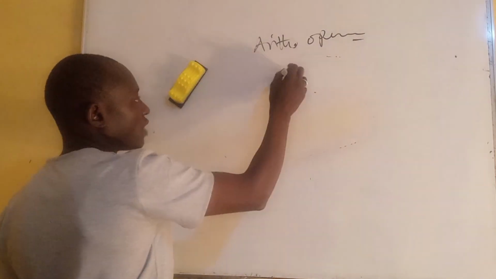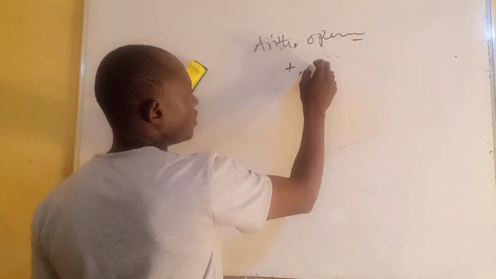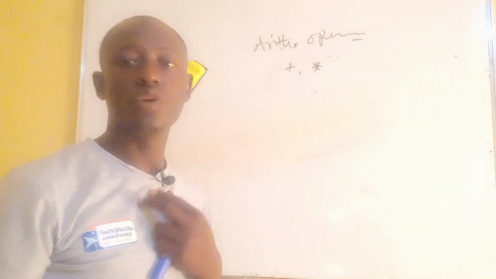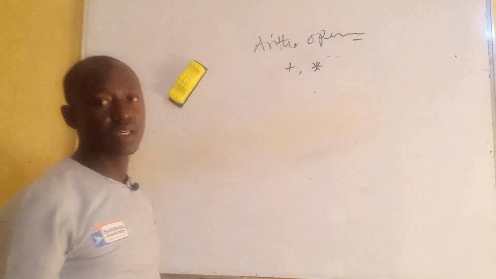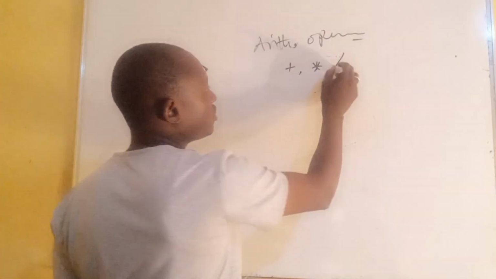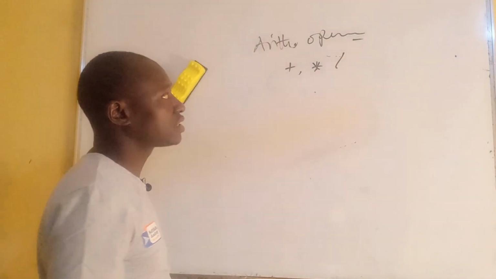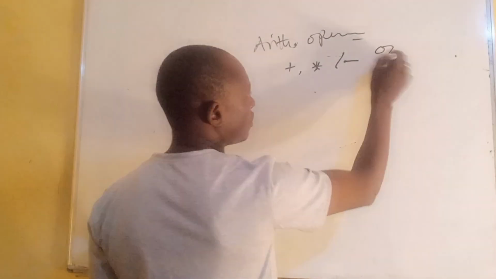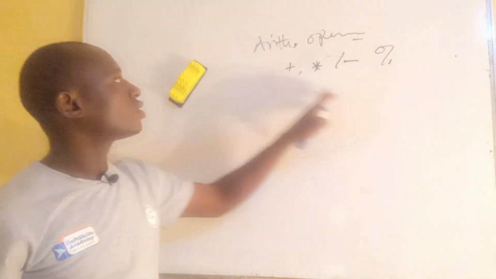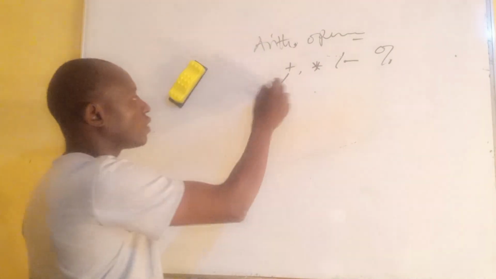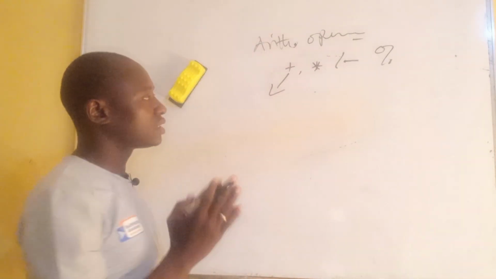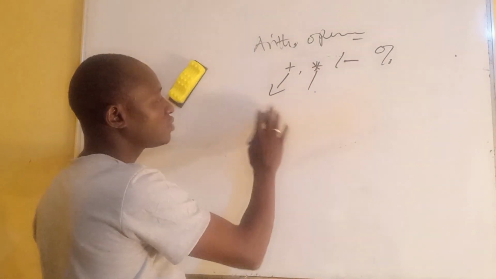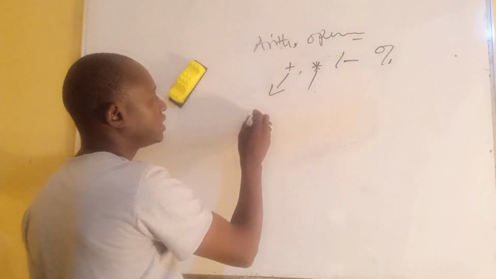Our arithmetic operations are what? The plus sign, the multiplication sign, which we usually use an asterisk for, and then our division, which we usually use a forward slash, then our minus sign, then our modular operations. Looking at this, under arithmetic operation, the function of this is just to sum up the two numbers or a given variable in Java programming. This is to multiply, assuming you're adding a variable